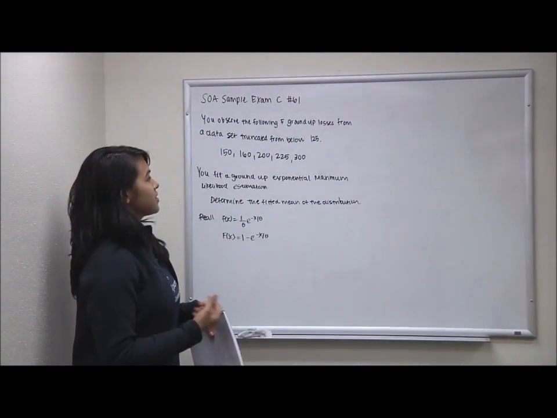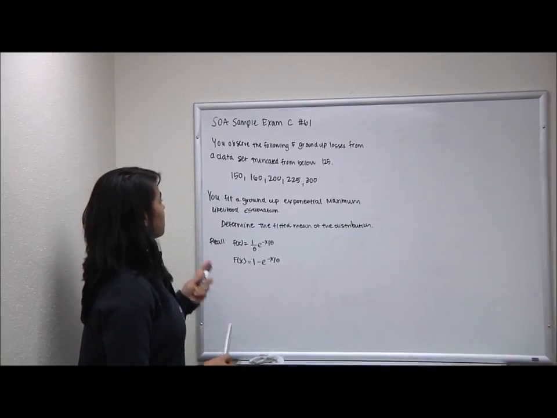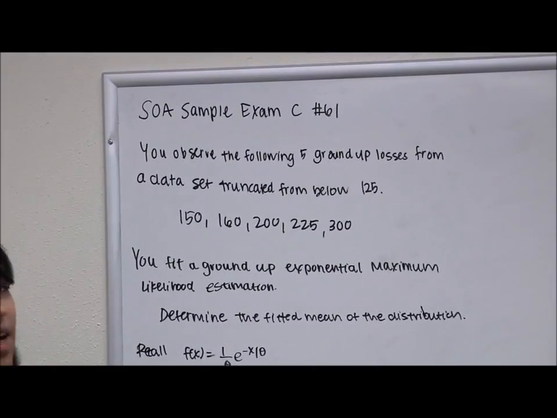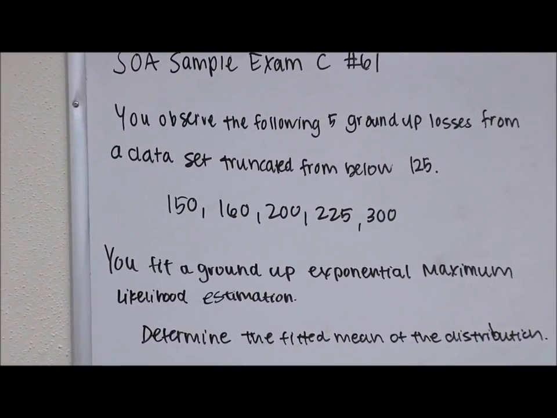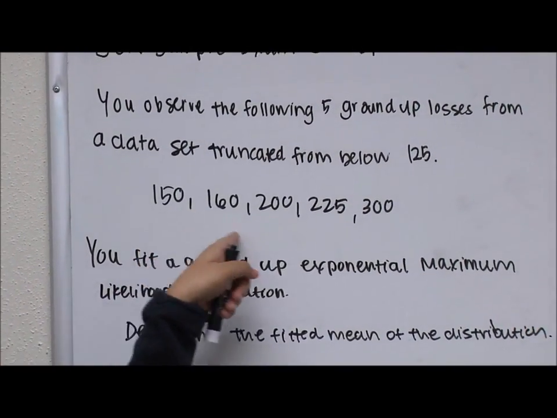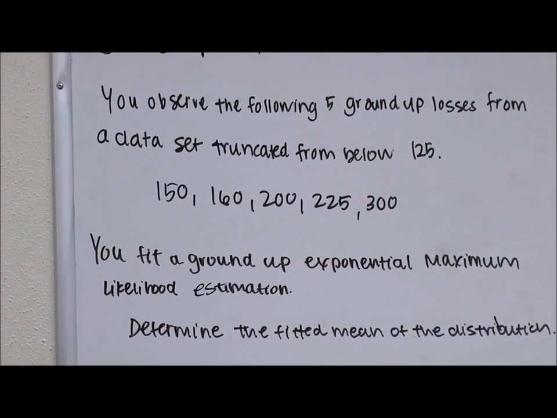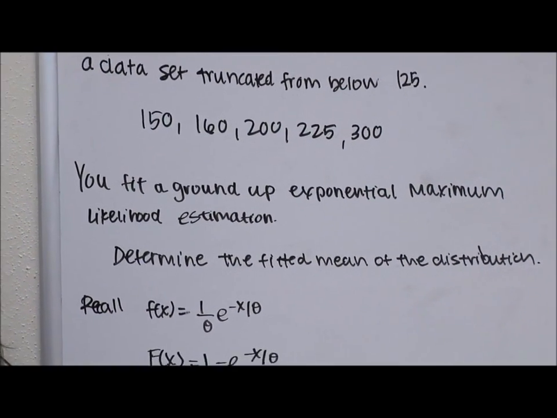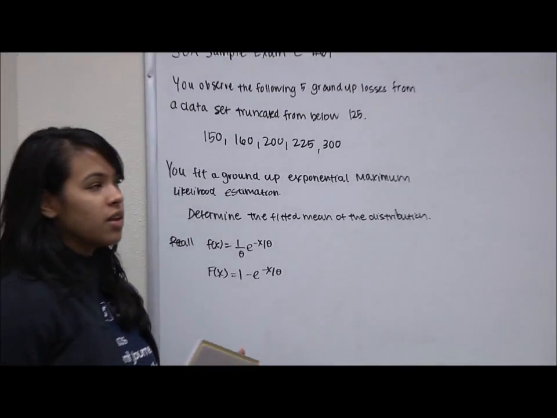Okay, this is SOA sample number 61. It's modified a little bit. So the question is, you observe the following 5 ground-up losses from a data set truncated from below at 125. These are your 5 losses. You fit a ground-up exponential maximum likelihood estimation. Determine the fitted mean of the distribution. So basically, this 125 can be seen as a deductible, and